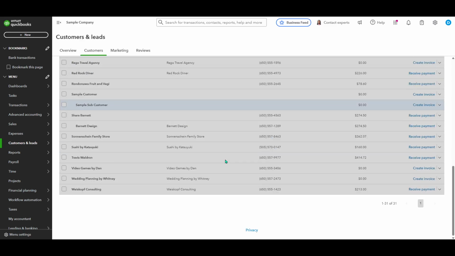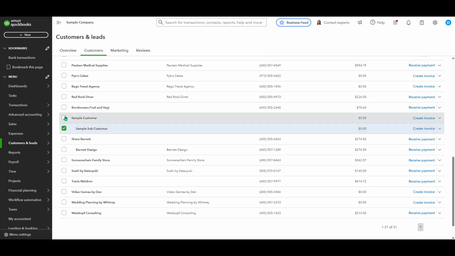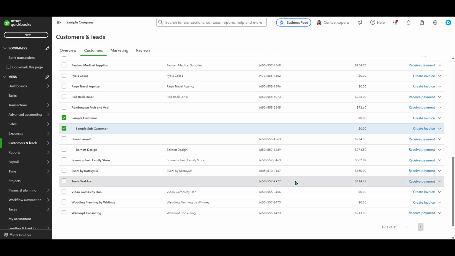By organizing your customers and sub-customers well, you're setting yourself up for smoother invoicing, better tracking of transactions, and ultimately, more informed business decisions. Keep practicing these steps, and soon, managing your customer base in QuickBooks Online will become second